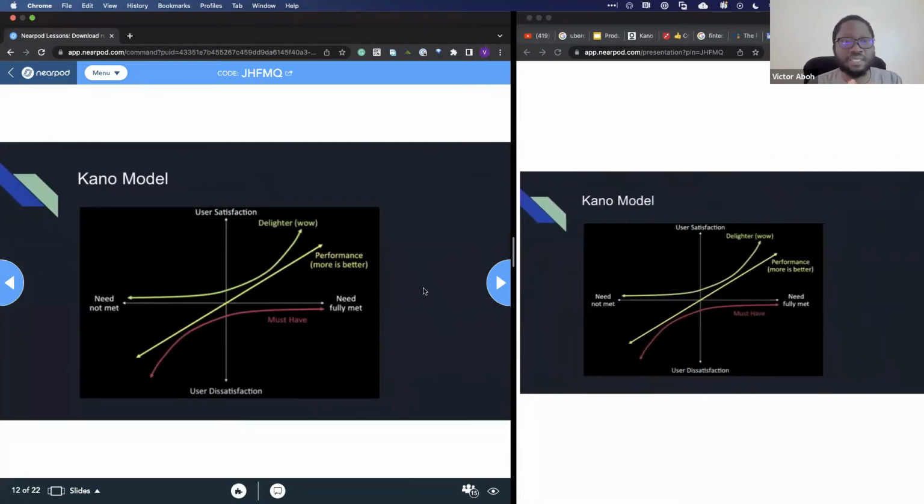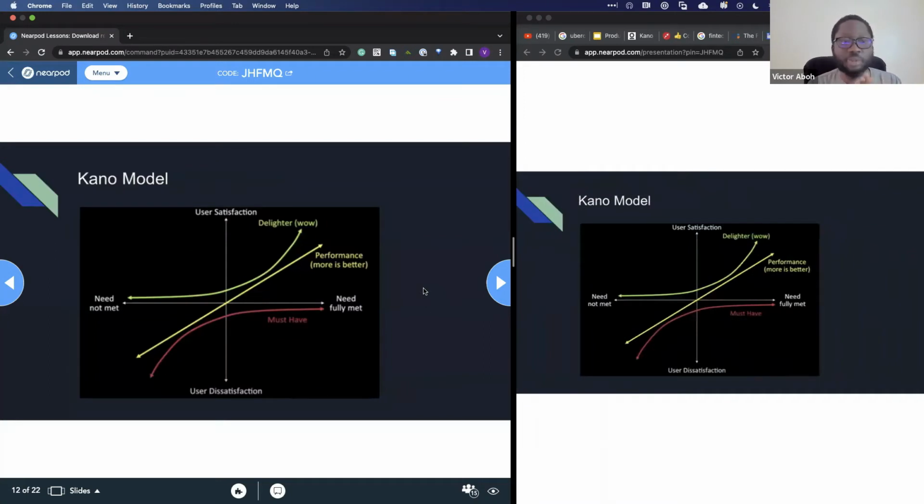So there's a model called the Kano model, and it helps us map out customer need versus satisfaction. There are three main levers that we can use when we are evaluating our customer needs. If we look at the first one, which is the performance,